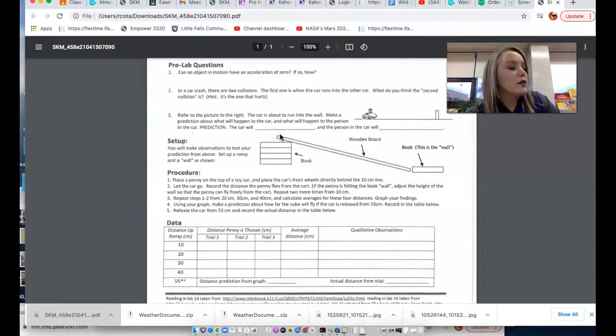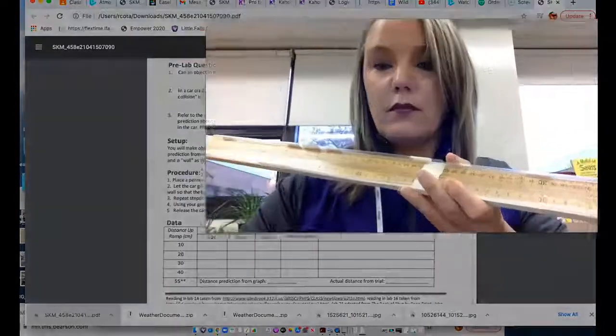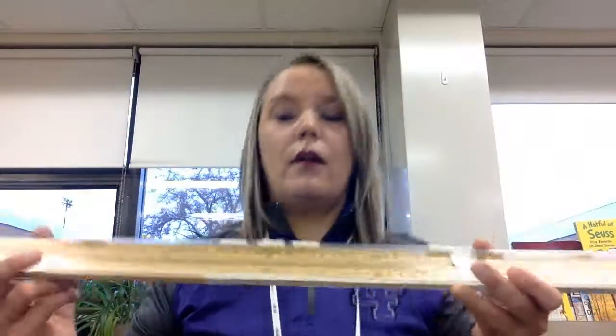And so what we're going to do today, and today you guys can, if you're a distance learner, just work on making some kind of a ramp. I've taped these two meter sticks together. Here, let me go to full screen here. There we go. All right, so I've taped these two meter sticks together, and I used a minimum amount of